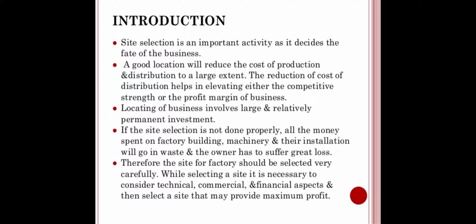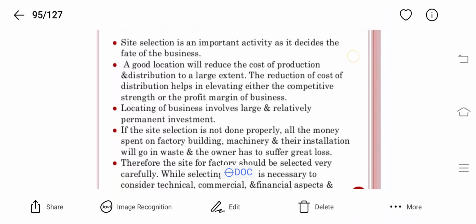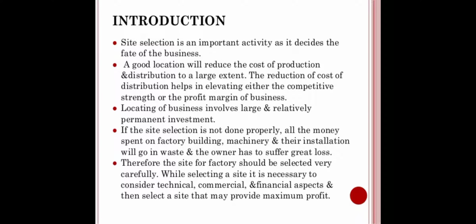Locating a business involves large and relatively permanent investment, because it's almost a one time investment. In 99.9% of cases it is a one time investment, and if it is wrong or it has more distribution cost, more transportation cost, or other than that, then it's a sheer loss. If the site selection is not done properly,